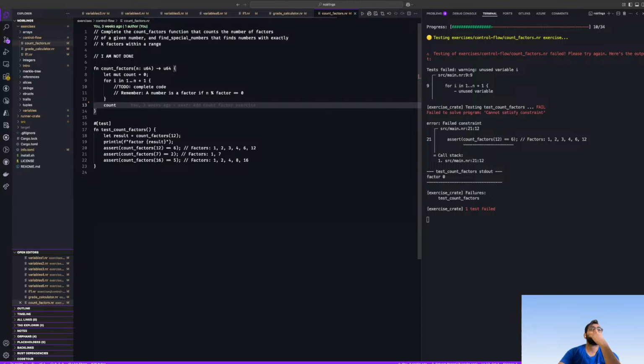Okay, count factors. What are we doing in count factors? Let mut count factors. Complete the code. Remember, a factor is, okay.